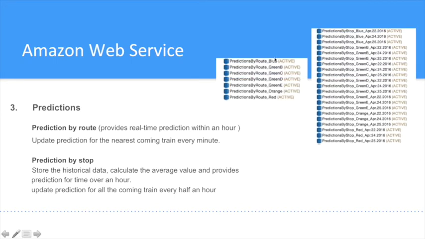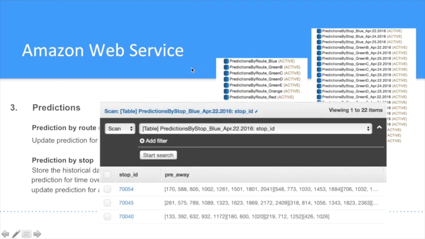This is the prediction by route tables. We separate each line into different tables. And this is the prediction by stop tables. And this is how the